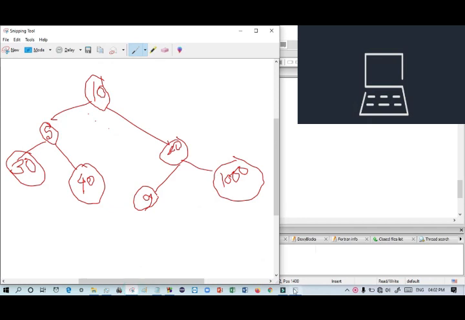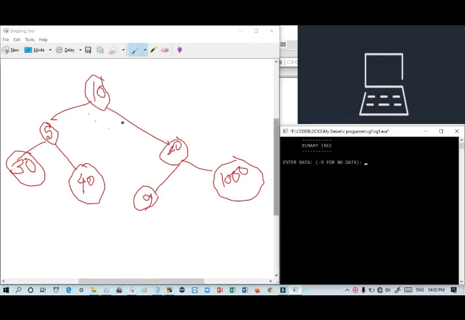I want to construct this tree. At first you have to write 10. It asks us to give the left child. It means 5, so I want to enter 5. After giving input 5, it tells us to give the left child of 5.